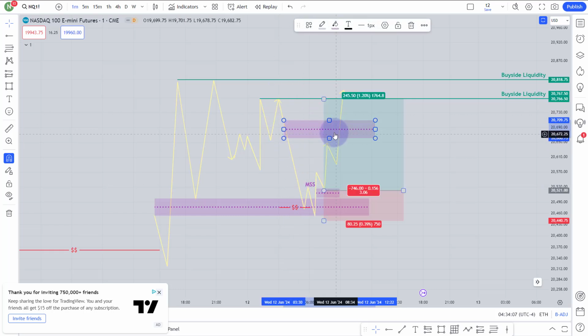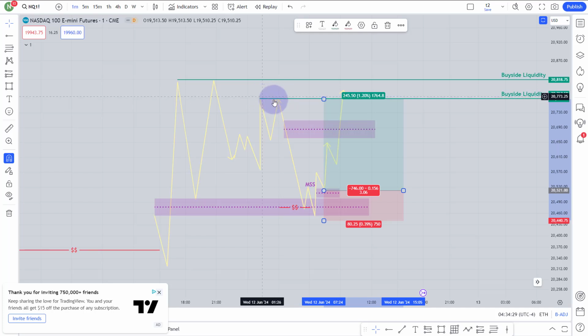So most of the time I actually take the partial around the last fair value gap, but if I see below the 1 minute liquidity there is some kind of relatively equal highs, I also take the partial over there. So always try to make sure that wherever your extreme target from your 1 minute liquidity is, there is a partial area. If you don't see any partial area and you have only this 1 minute liquidity, then you can